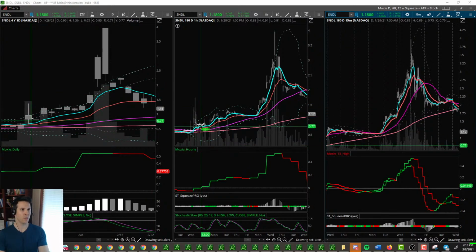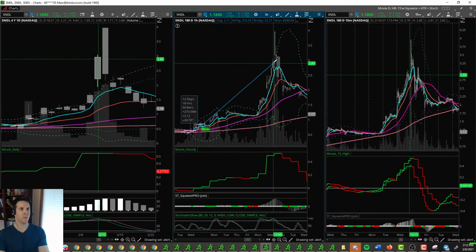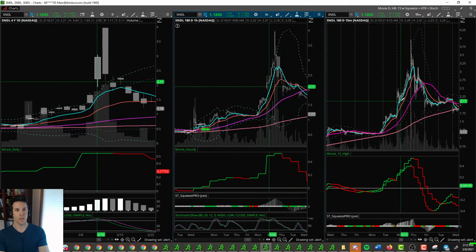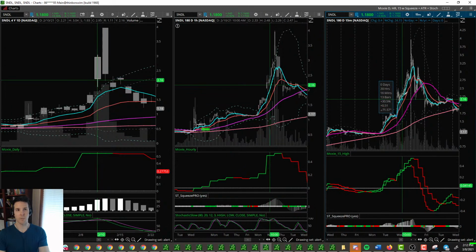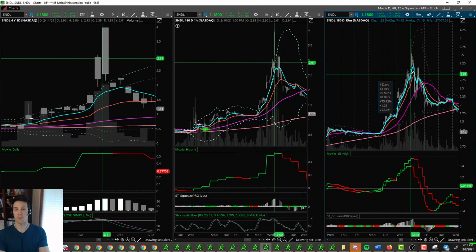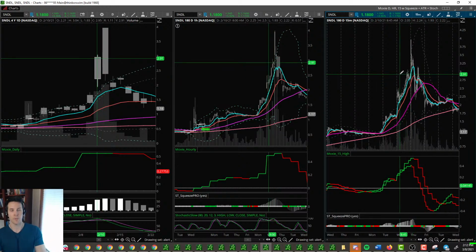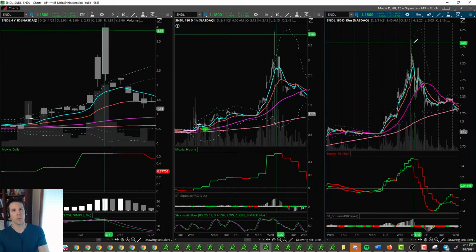And the percentage gain was, from here to about there, 278%, in the course of 12 days. And then that particular day, from the day before, it jumped up 47% and then came back down to 15%. And then we closed some of it at 75%. And this is in a day. Like this is one day. So this is where a lot of that gain came from. And so we took some off, and it jumped up the next day.